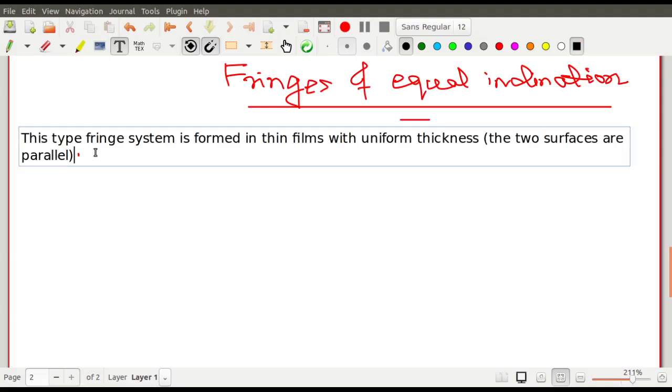Next you write the path difference between two successive rays is given by